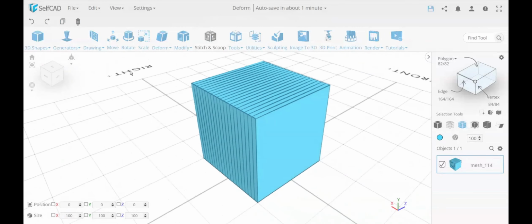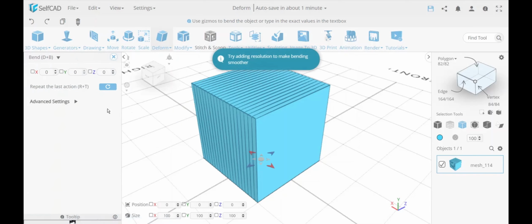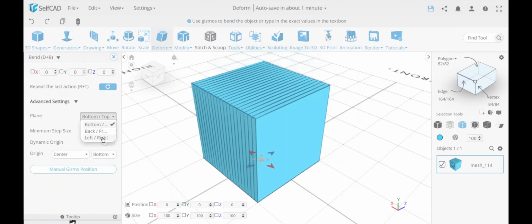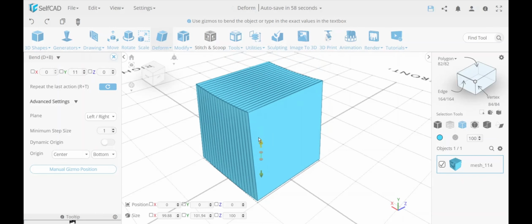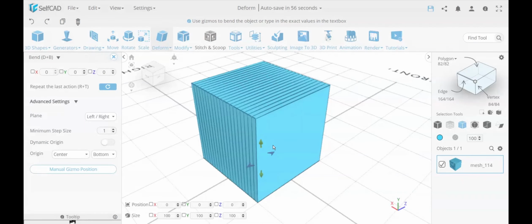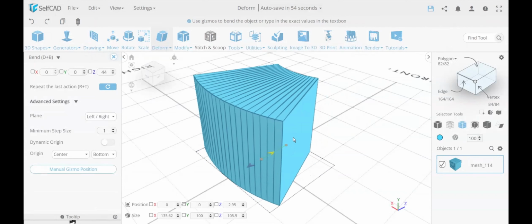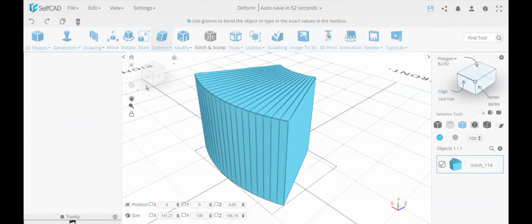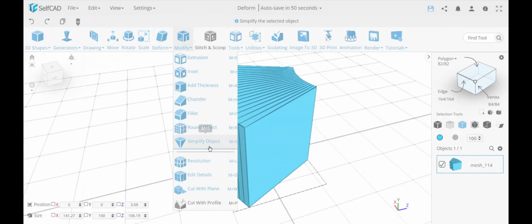So let's say I bend this, let's go to bending, and in order to make this work, I think I have to switch plane. Let's say I'm going to bend this, not in this direction, sorry, in this direction. So if I turn it something like this, these faces are all needed. So now if I go to resolution,